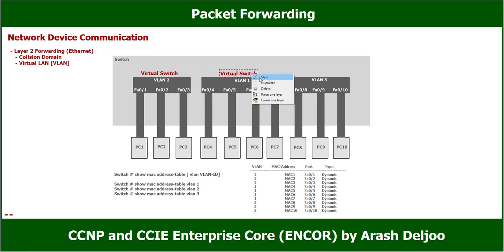Each virtual LAN has an identifier, or VLAN ID, and it is a number: VLAN 1, VLAN 2, and VLAN 3. Also, because now we have 3 VLANs, you can use show mac address-table and then the VLAN number for viewing the MAC address table of a VLAN. For example, if you use show mac address-table vlan 1, you can see the MAC addresses that we have about port 4, port 5, port 6, and port 7 in VLAN 1. For example, assume that we are using show mac address-table vlan 1. The first command